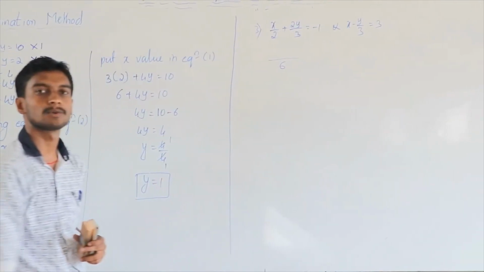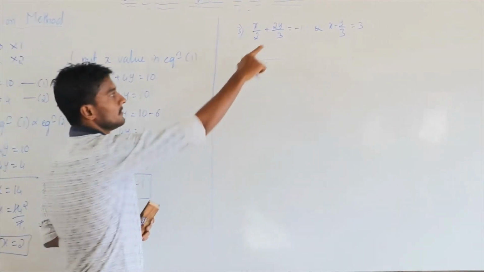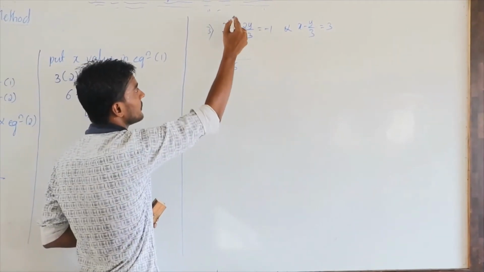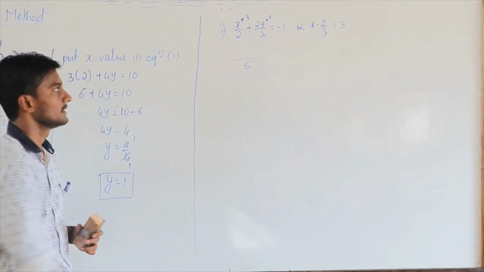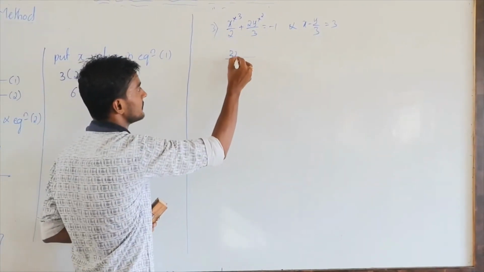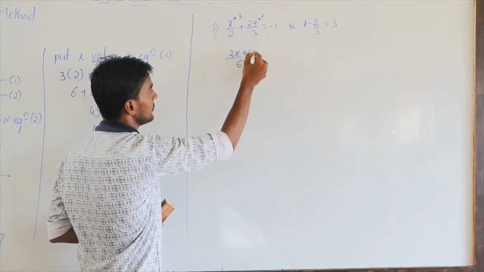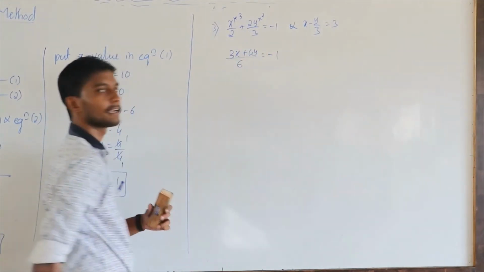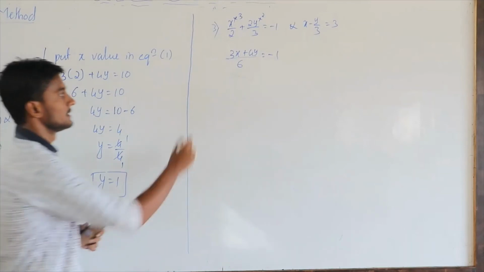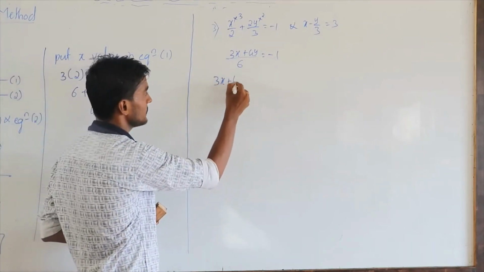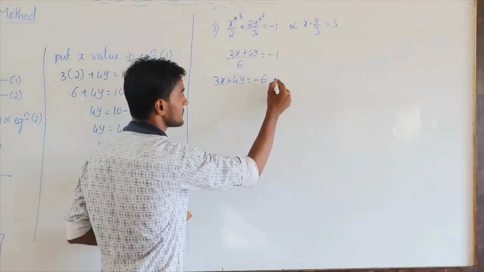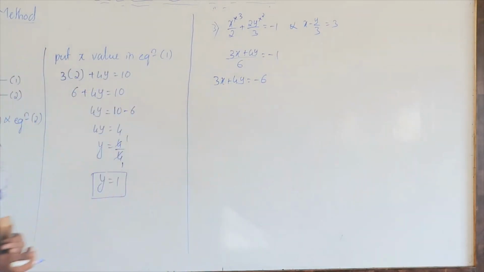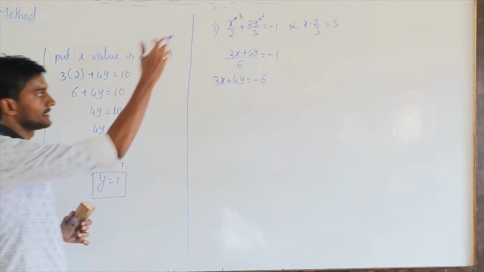What is the LCM of 2 and 3? 6. For this 2 you have to multiply 3, for this 3 you have to multiply 2. So 3 into x, 3x, plus 2 into 2y, 4y, is equal to minus 1. So 3x plus 4y is equal to, if you take this 6 to this side, minus 6. This is the first equation. And next, the second one,